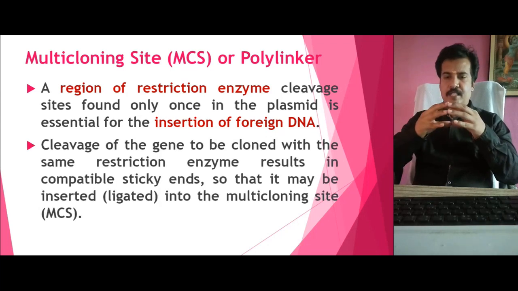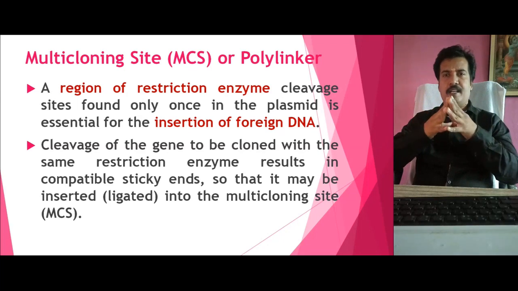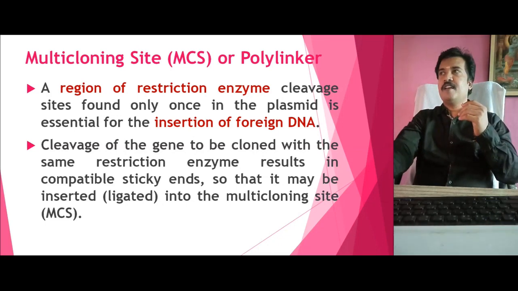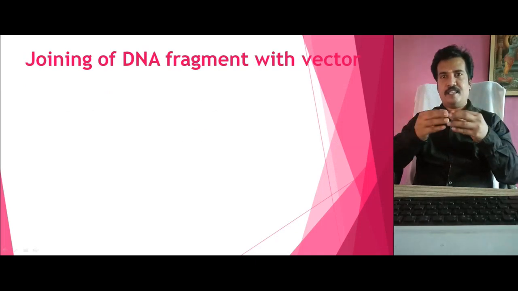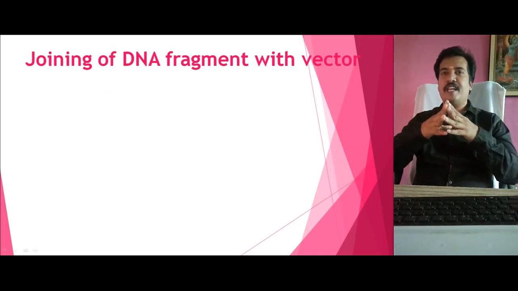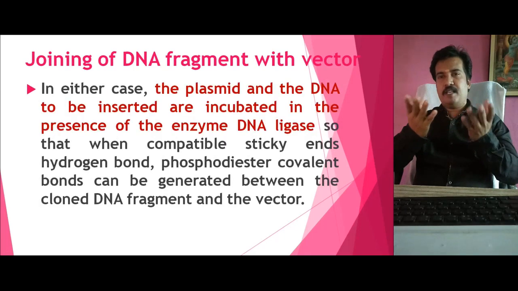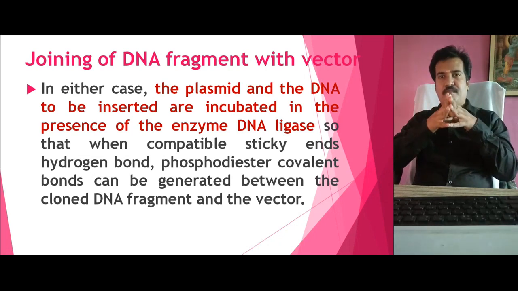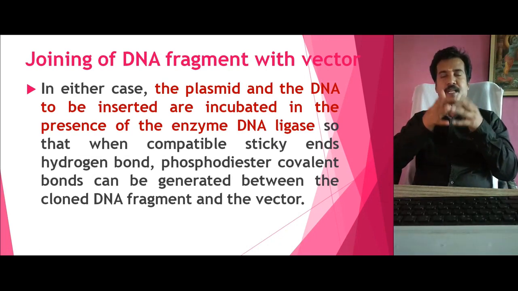These cleavage sites should generally carry the restriction sites of enzymes which produce sticky ends. Sticky ends are preferred because it is easy to re-anneal them with the foreign DNA, rather than with blunt-end restriction sites. Once the restriction site is opened up, we can easily add the foreign DNA and join the DNA fragments with the help of DNA ligase. So this is why we consider the plasmid a vector.